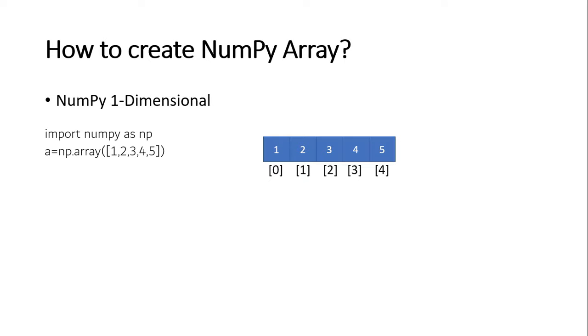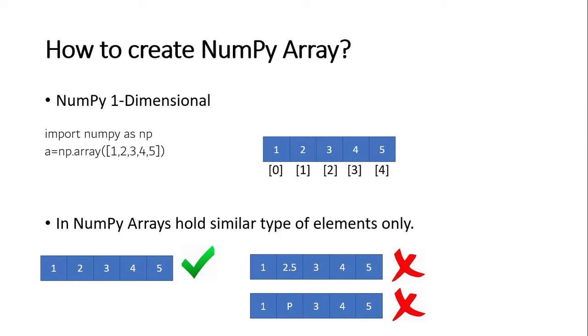Let us try to see some valid and invalid array creations. In the first example you see 1, 2, 3, 4 and 5, means I have created an array with 5 elements and all the elements are of integer type only. That's why we can say that it is a valid array. But in the other two cases, see the second case where we have used the 2.5 element. Actually it is an array with 1, 3, 4 and 5 integer values, but in between you have a decimal point value, that is a floating point value. In that case it is not considered valid.